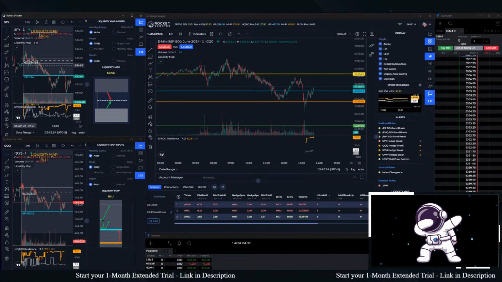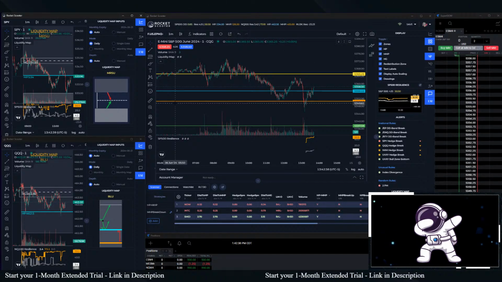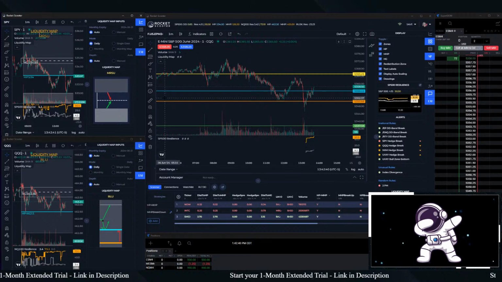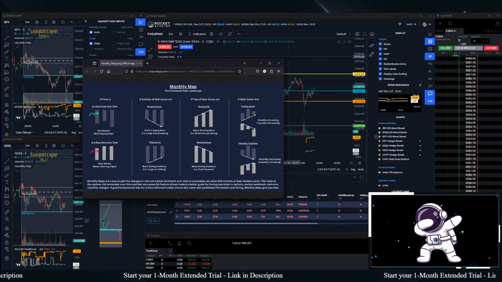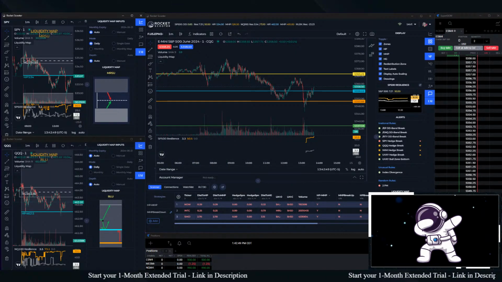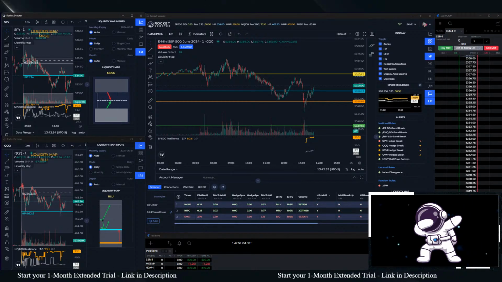So the monthly map is just painting the picture of the overall market over time. Over time, between now and October, bulls and bears are clearly showing a buying spree. Commitment of traders, which is the other thing we look at, enhances that greater market understanding if you want to do COT really quick.